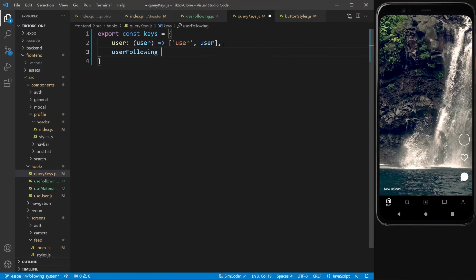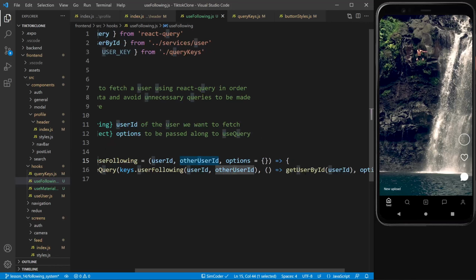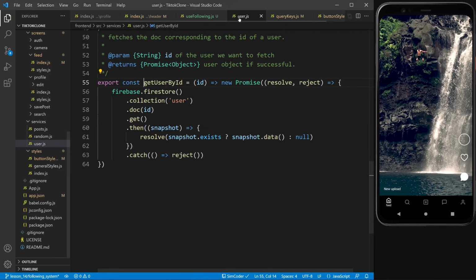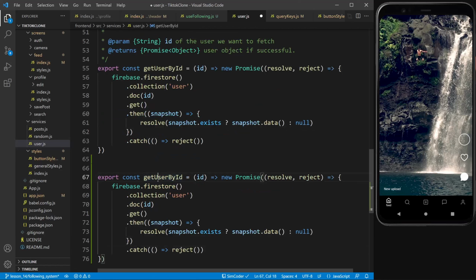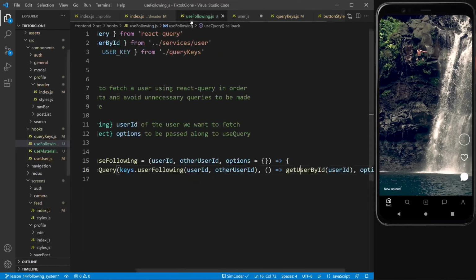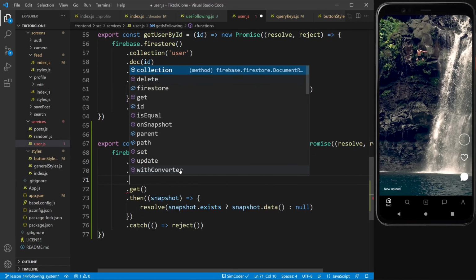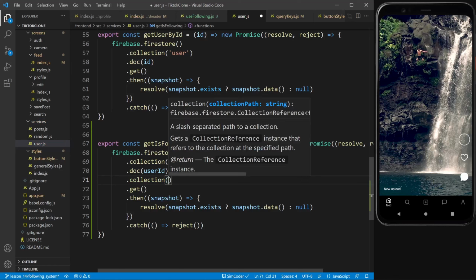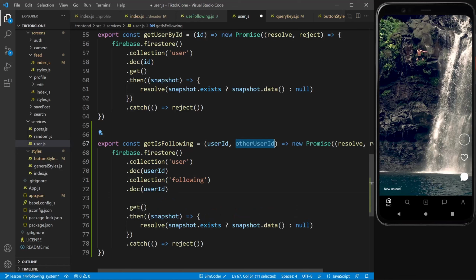Okay, so let's save it. And now what we have to do is write a function which will get the follow state of the follows that we want to get. So this is pretty simple, and let's go into the user.js file, and I'm going to duplicate this function. So let's come in here and do getIsFollowing. It will receive the user ID and the other user ID, and right now it will be collection user.doc userID.collection following .doc otherUserID